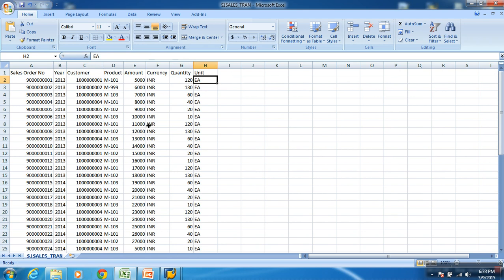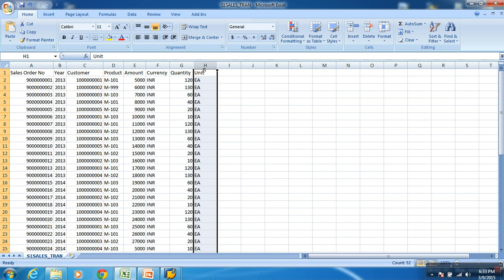So clear on this? So if you look at this file, I've got how many columns? 1, 2, 3, 4, 5, 6, 7. How many? 8. If I need to bring this data out into BW, do I need to have 8 infoobjects? Then group those 8 infoobjects, create cube, load, report, in BW. I'll be wasting a lot of time in creating infoobjects.